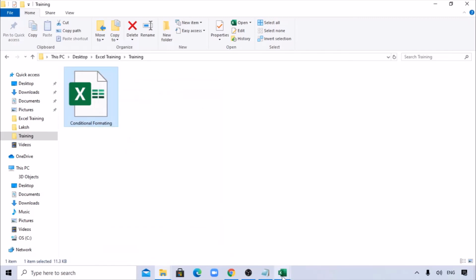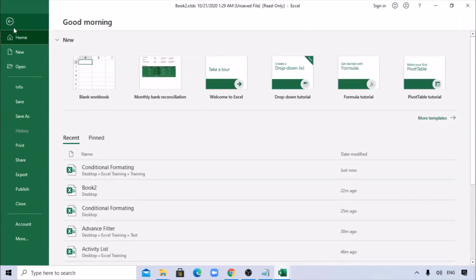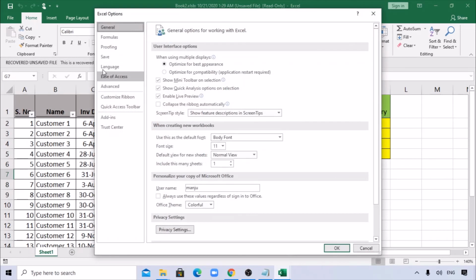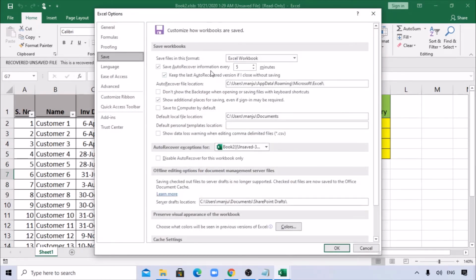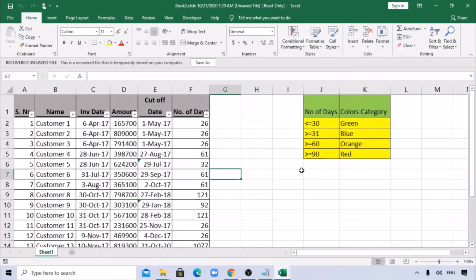So make sure that under File, More Options, Save, which is a default one, even if it is not checked, please go ahead and check it, so that whenever you work on a new file which is not saved, it will be stored in the unsaved files.